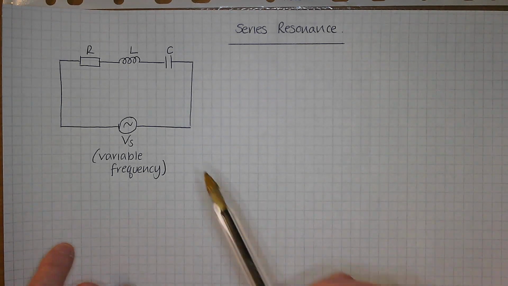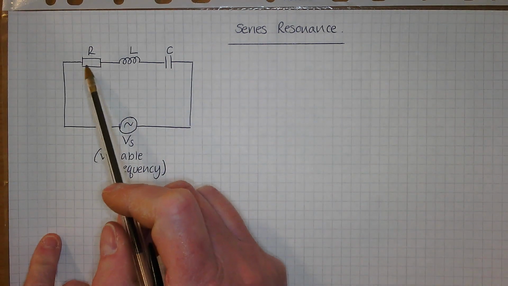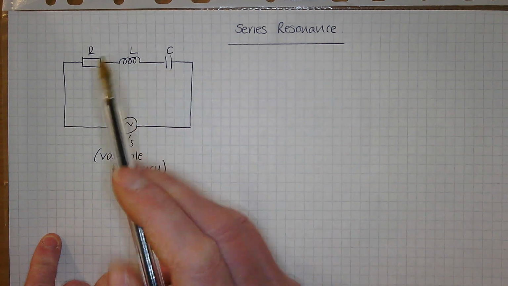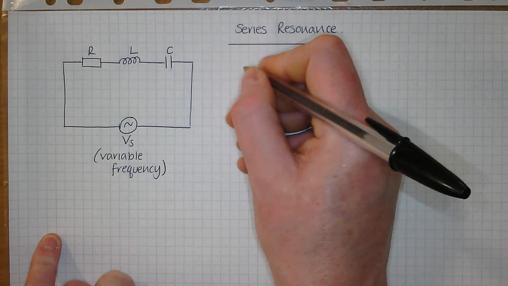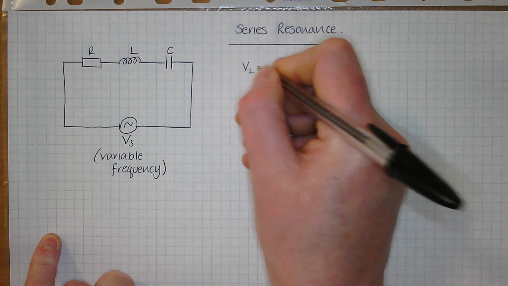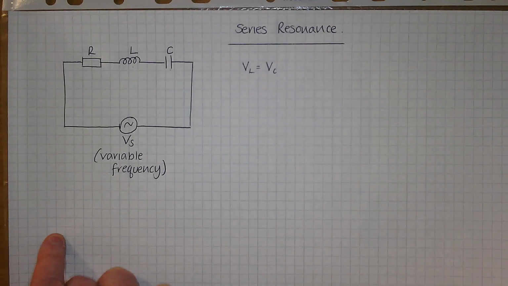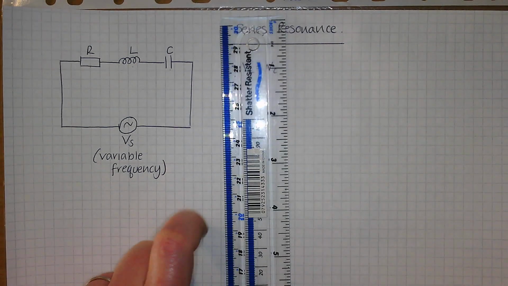So to achieve resonance, you want to have the voltage across the resistor, and the voltage across the inductor and the voltage across the capacitor to be equal and opposite. So you really want your VL to be equal to your VC, and you can adjust that frequency. So if we have a wee think first